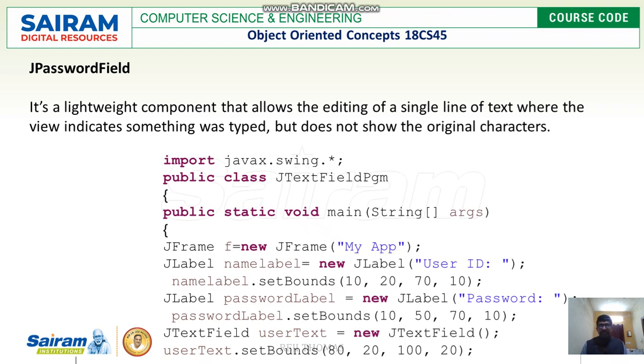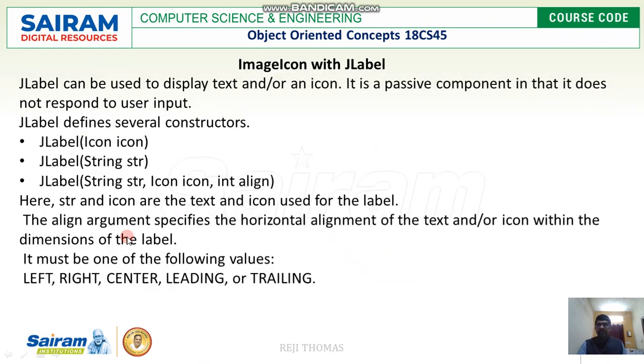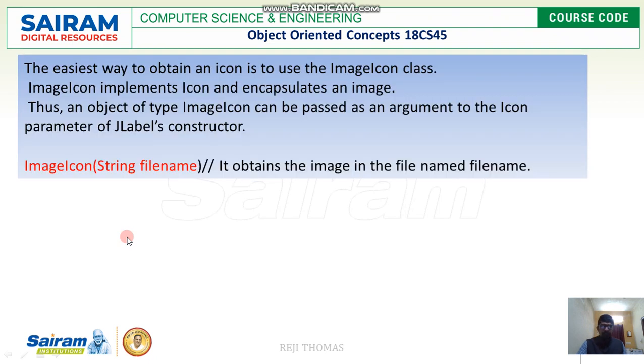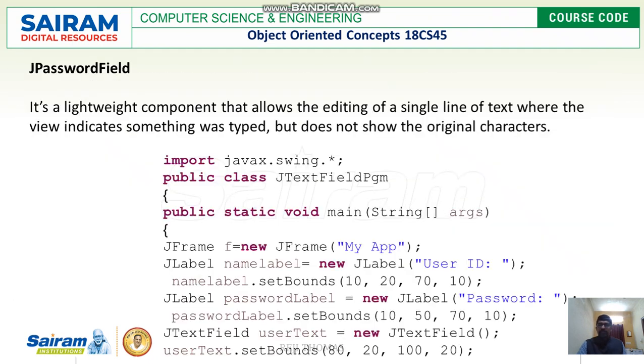Now let us see a program which uses all these components. Let us start with the Java import package. So we are going to import. We have a class called JTextFieldProgram.